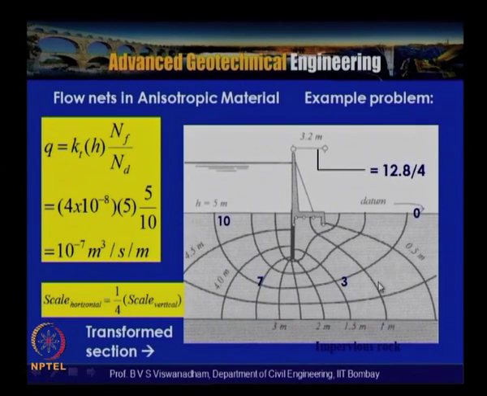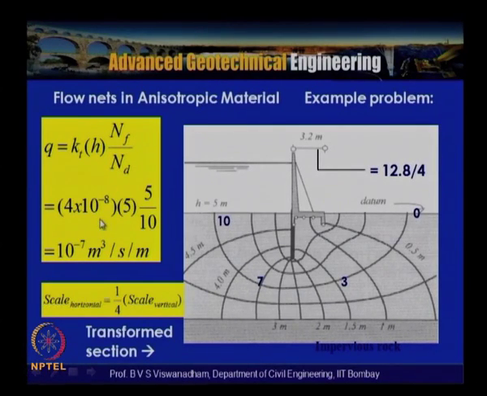So with this we constructed it, and by adopting a similar procedure, now considering KT, that is the equivalent permeability because of the horizontal and vertical permeability of the permeable layer, we have Q equal to KT into H into NF by ND, and we have got 10 potential drops here, the same procedure. So here this is the 10th equipotential line and this is the 0th equipotential line. We can see that the head available is about 5 meters, then as the water progresses it loses head, and by the time it comes here the head is completely lost. So with that Q can be obtained.